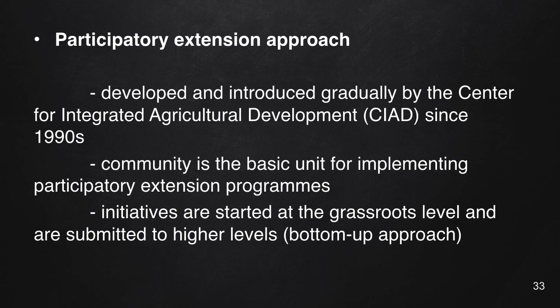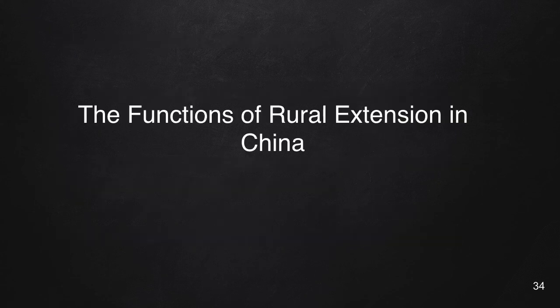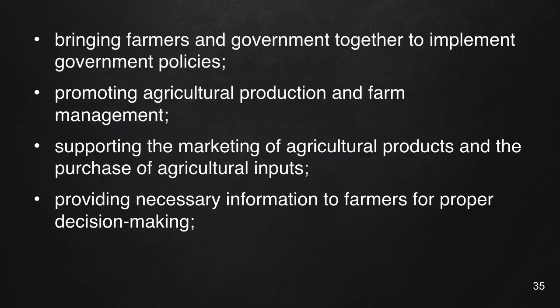In this approach, the role of farmers is increased. The participatory approach requires multidisciplinary teamwork and multi-institutional involvement. There have been a number of successful examples of this approach in recent years, especially in social, forest, and land reclamation projects. The functions of the public rural extension system include bringing farmers and government together to implement government policies,